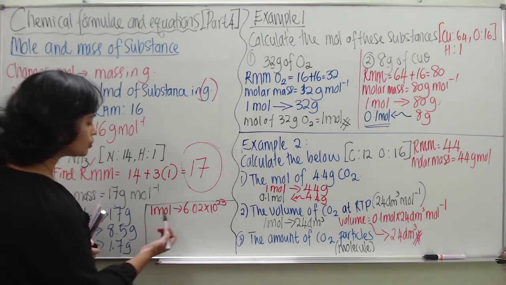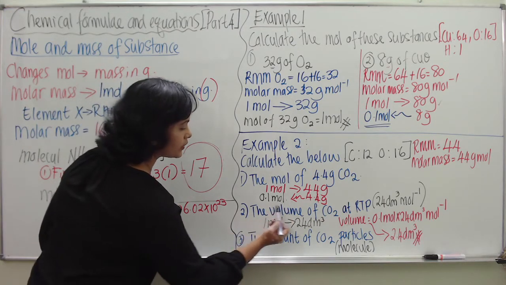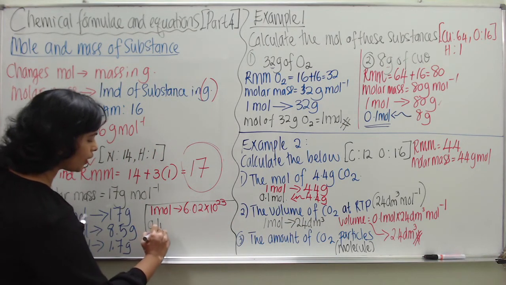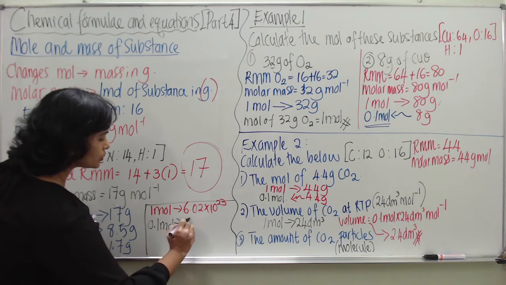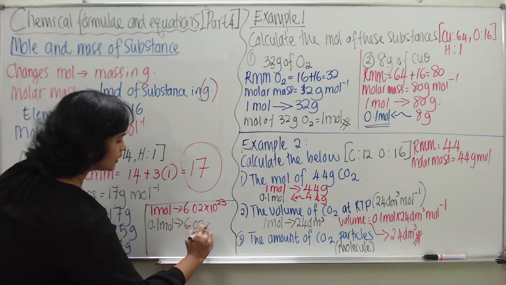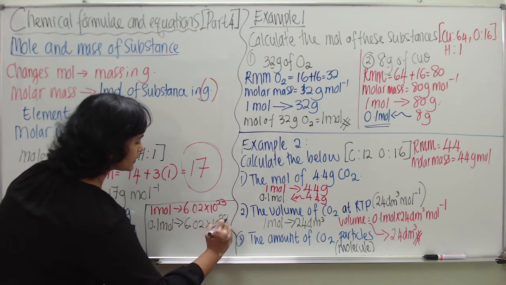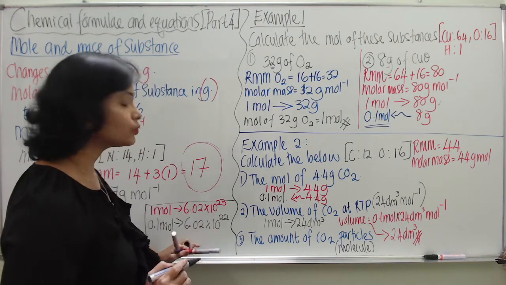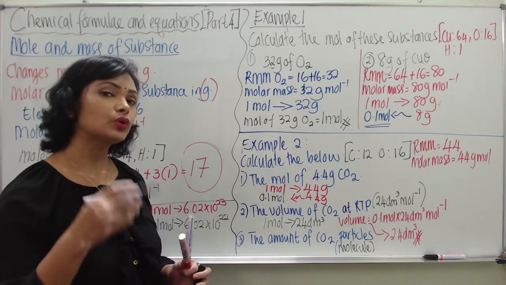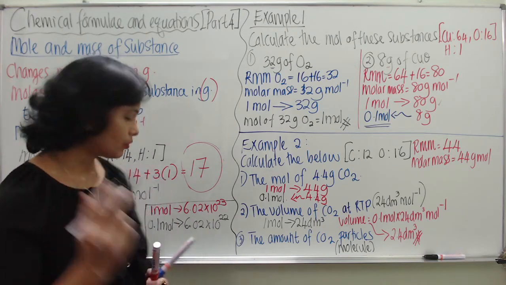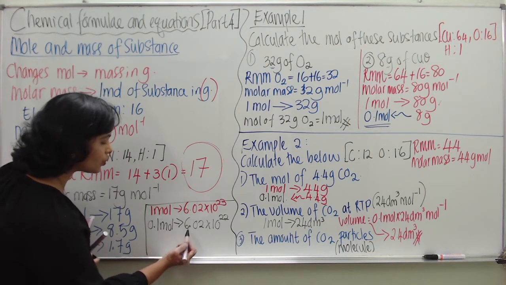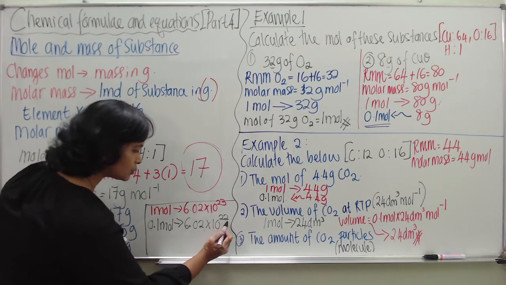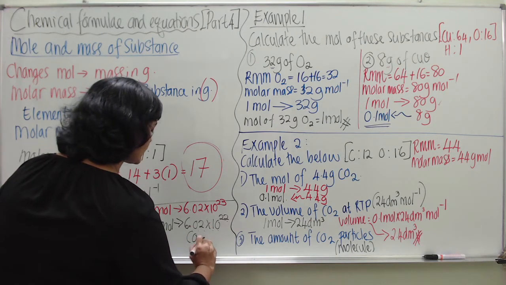Now let's go to here. From this question we know that we have calculated 0.1 mole. Thus 0.1 mole is equivalent to 6.02 times 10 to the power of 22. So please work this out in your calculators. Make sure you know how to type the indices and all that. Now, 0.1 mole is equivalent to 6.02 times 10 to the power of 22 carbon dioxide molecules.